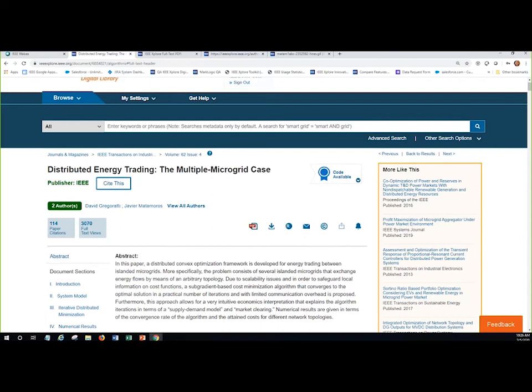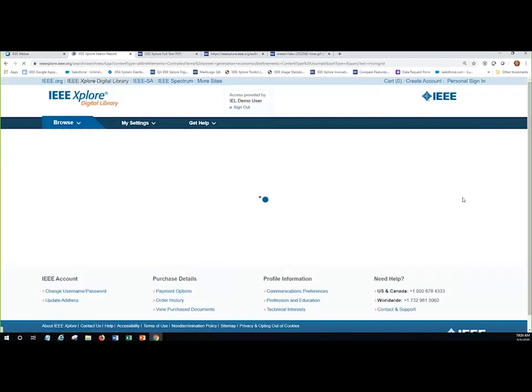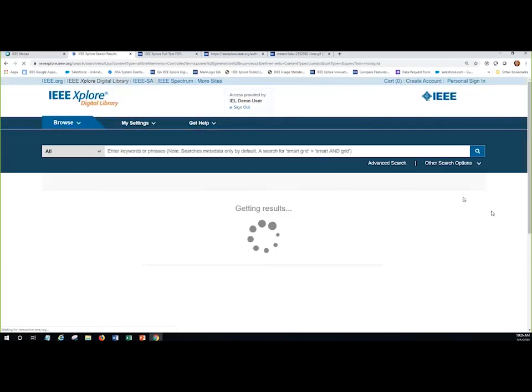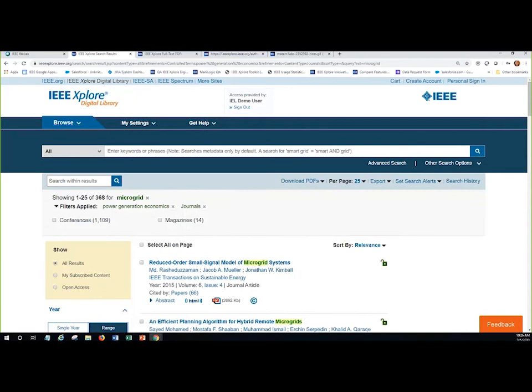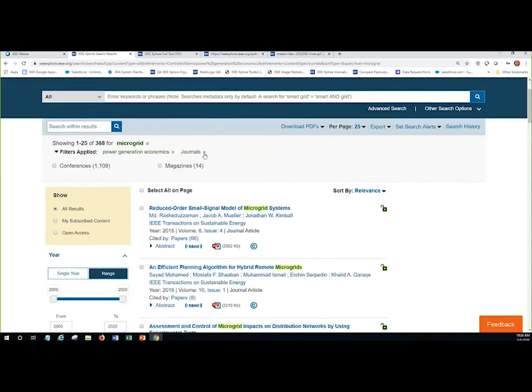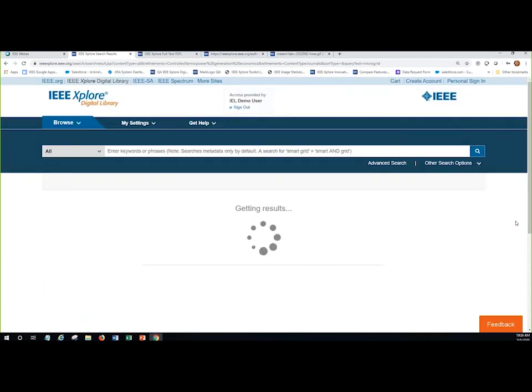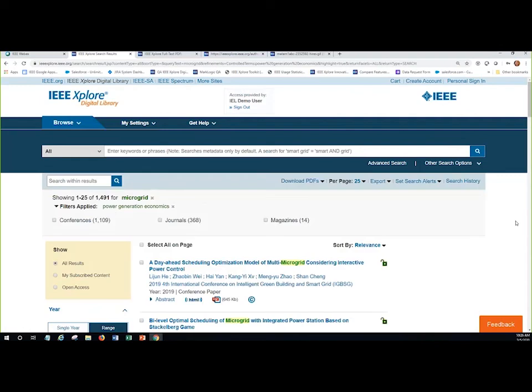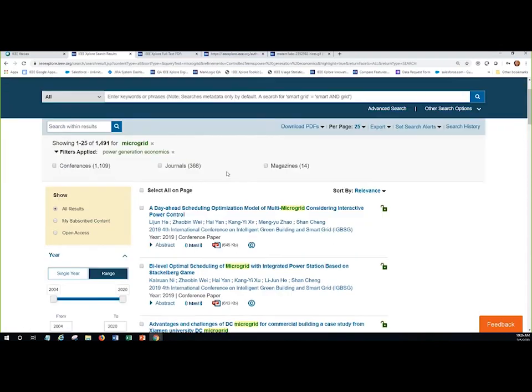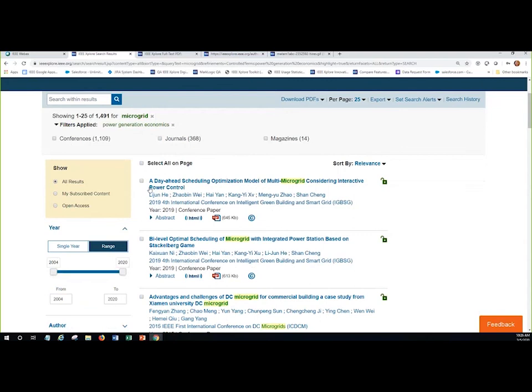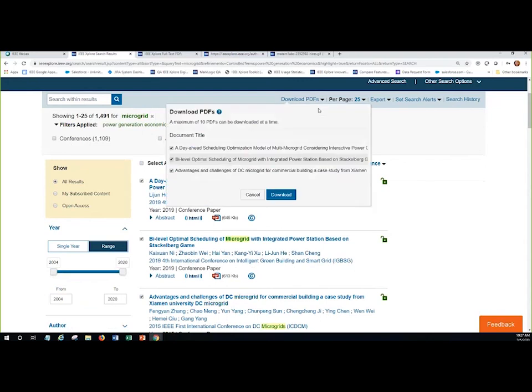I'm going to go back to results and highlight just a couple more features here on the search results page. I'm going to go ahead and remove this journals refinement, so we have a few more documents. And you'll notice that I can select up to 10 documents to download the PDF into a zip file. So if you want to do a bulk PDF download or a multi-PDF download, you can easily do that from here.